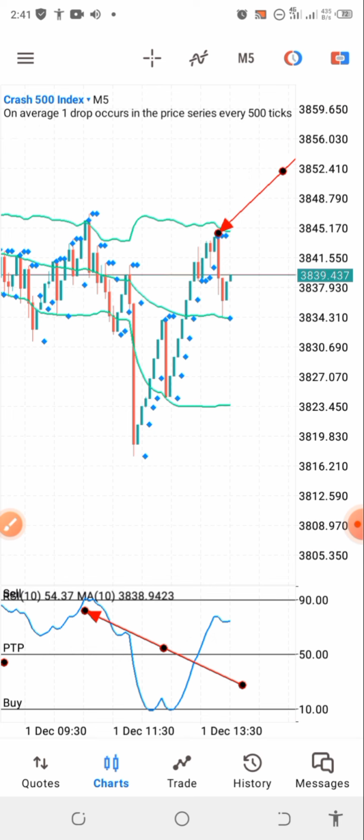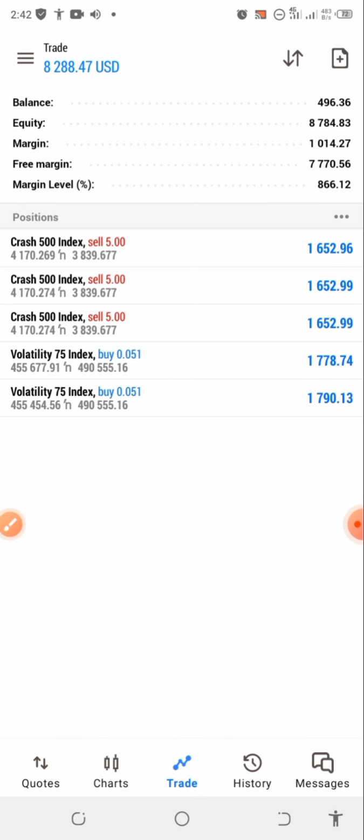This strategy is very simple, and I want you guys to make sure that you backtest the strategy, figure out how it's going to make your own trading system, and then start using the strategy to make a lot of money. So as simple as that, just a normal strategy, and the strategy can make you tons of money, can make you crazy money trading the boom and crash.